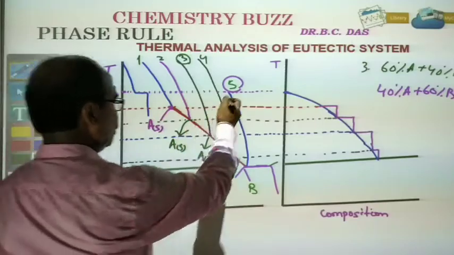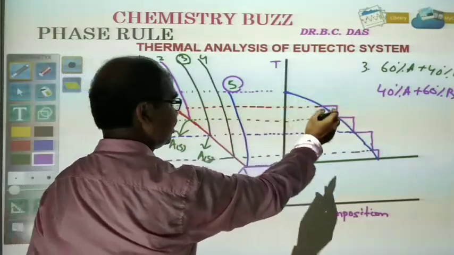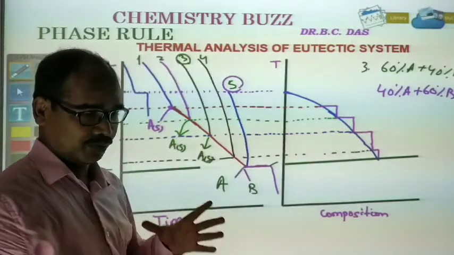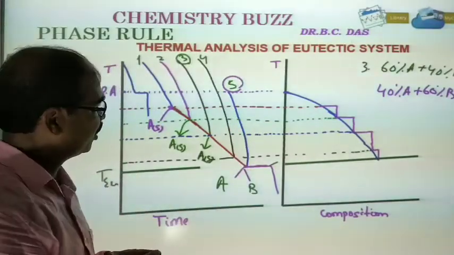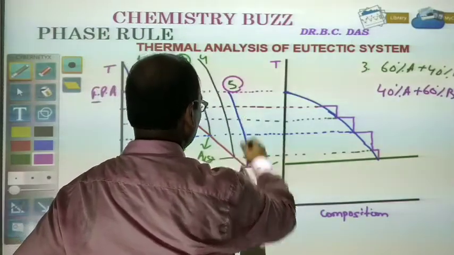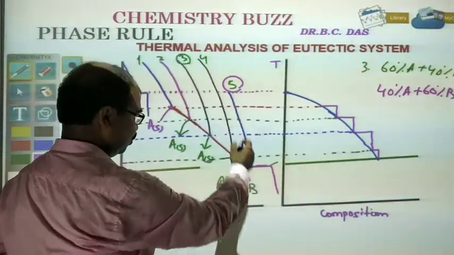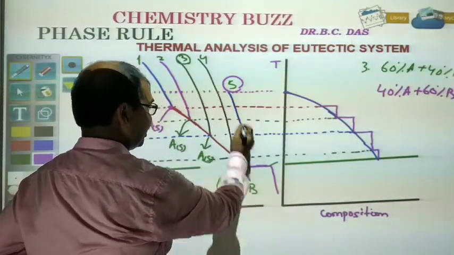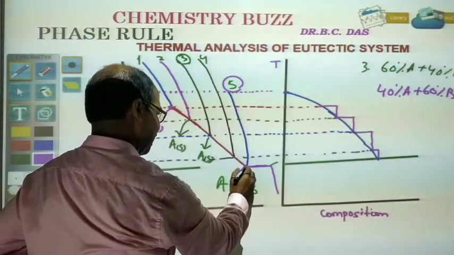So at this composition, the mixture is heated to a very high temperature to get a homogeneous solution, and when it is allowed to cool, the cooling will be exponential, very sharp cooling, and at this